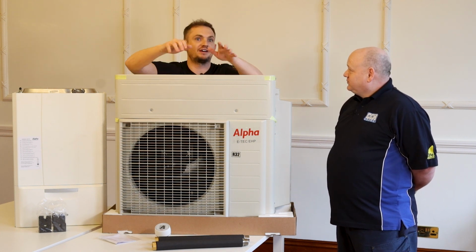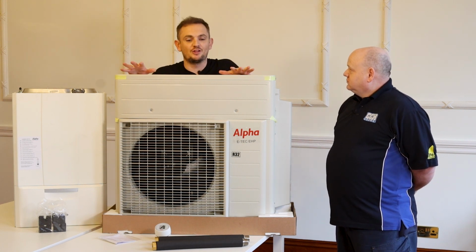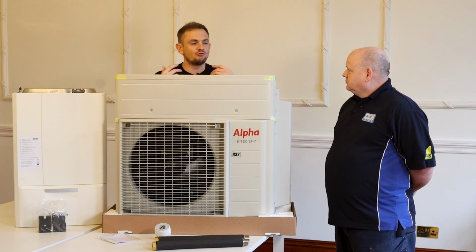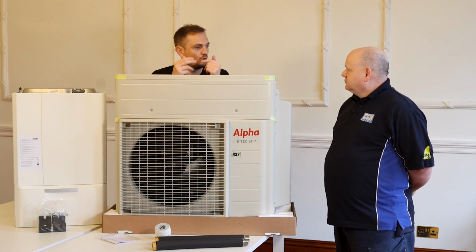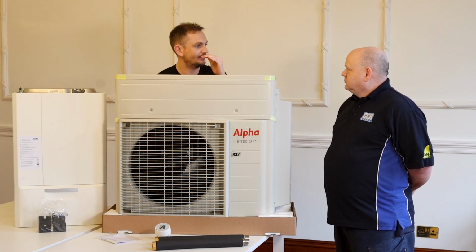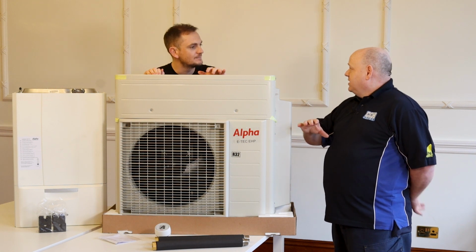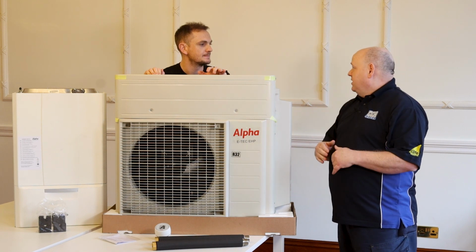Obviously we've installed a handful of these. We've got 2 on test in properties as well, so we're getting used to the technology. It has setback points. So what it'll say is, right, put your target temperature at 21 degrees. And you don't really put a schedule in. It's a bit like a Nest smart thermostat. It just knows it should be on all the time to maintain that. If it starts to notice the internal temperature drop, it'll just kick the heat pump on, just to cycle some warmth round. It's adjusting flow temperature with the sensor outside, so it's measuring outside temperature, and it's saying, right, at the moment we need 25 degrees going in, or we need 40 degrees going in, and it'll just